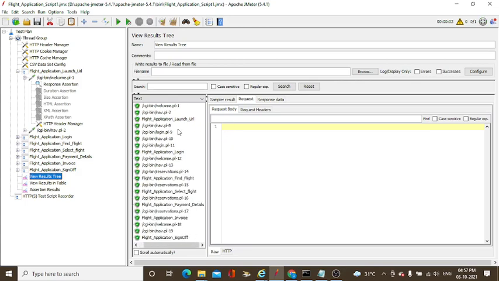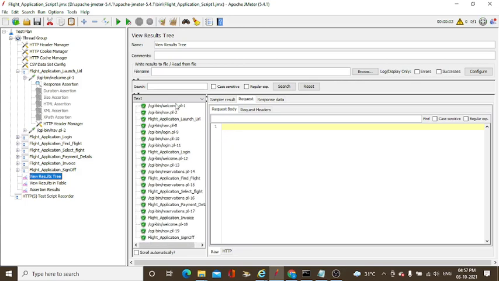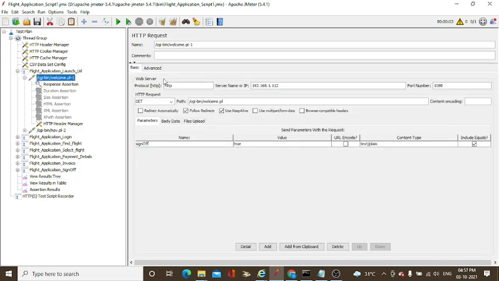Okay, now everything has passed, there are no errors. The flight application launch URL is the transaction and this is the request. This is the IP address and this is the welcome page. Under the welcome page, I added an example.